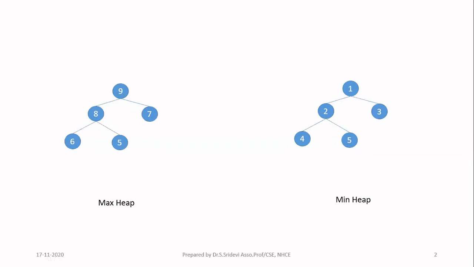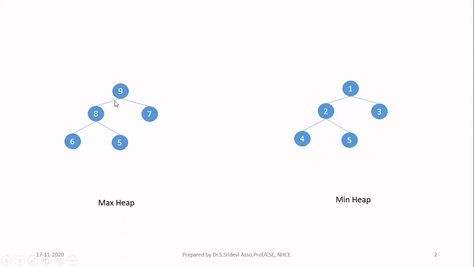Then another thing is, in the last level, all the nodes should be arranged as far left as possible. That means you see what nodes you have in the last level. I have two nodes, 6 and 5. They are arranged in the leftmost direction. That is, 6 and 5 are appearing on the left. Suppose instead of 6 and 5 connected to 8, if you connect 6 and 5 to 7 and leave this 8 as blank, that is wrong. Because the second property is, in the last level, all the nodes must be inserted as far left as possible. So now this is obeying the property of the complete binary tree.